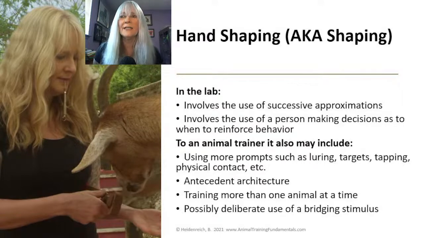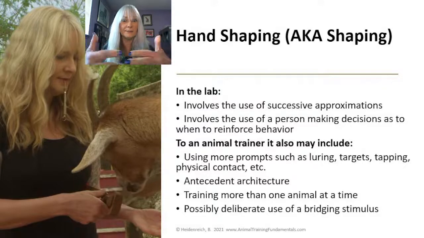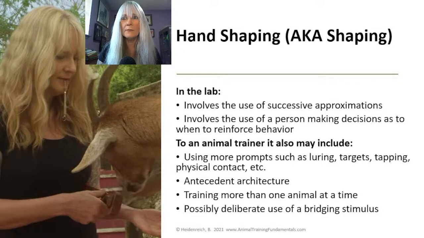And in some of the things that I've read, they described it as being outside the operant chamber, but there's also things that are inside the operant chamber that they could manually reinforce as well. And you can also do some things where, even within the operant chamber, there are some decisions being made by the people involved. So I think for us, really, the words hand shaping is really what we often describe as just shaping